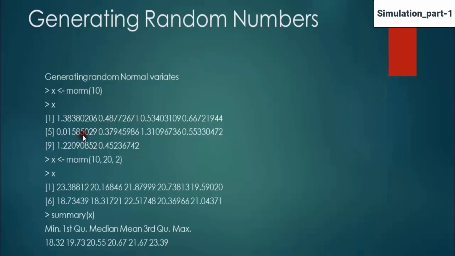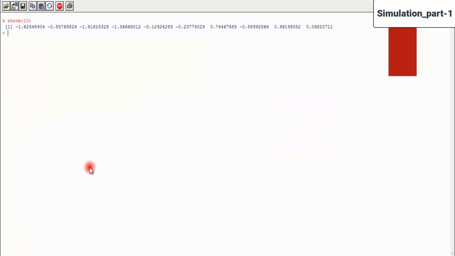I can assign this to x. Now if I want to create rnorm of 10, comma, 20, comma, 2,